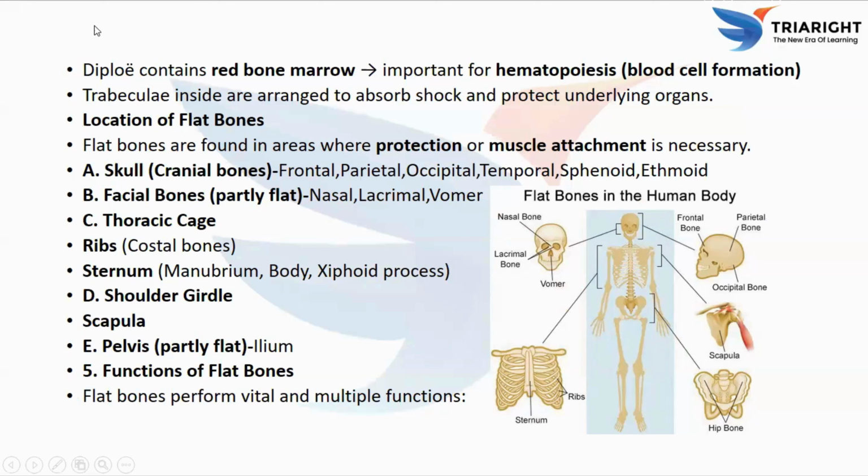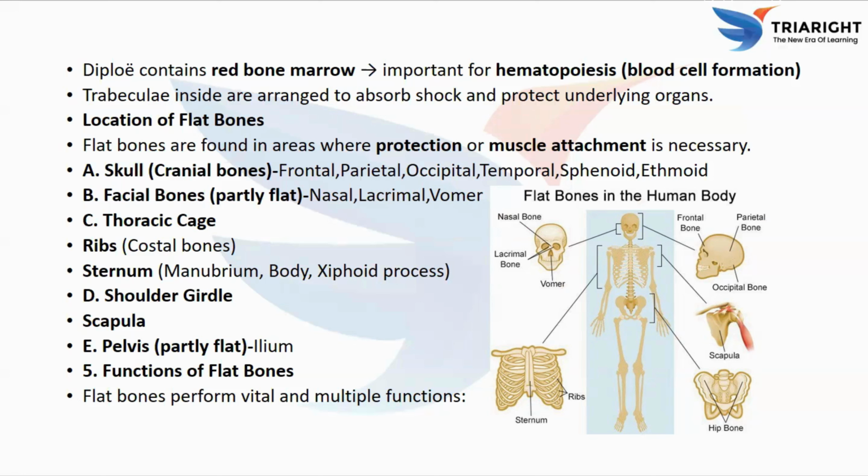So what does it contain? It contains the red bone marrow. This red bone marrow is very important because it performs hematopoiesis, which means the formation of blood cells like RBCs, WBCs and platelets. Inside the diploe, there are trabeculae, the tiny supportive beams. These trabeculae help to absorb shock and protect the organs lying underneath, like the brain, heart